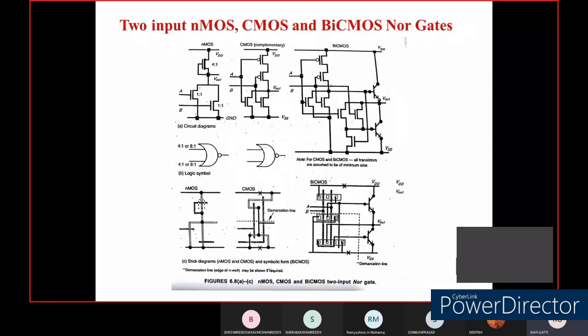Now we are going to see the same thing for the NOR gate. Why? Because NAND and NOR we call universal gates. By using NAND and NOR, we are able to simulate all types of basic gates, or simulate Boolean expressions. Therefore, it is necessary for us to know the symbol, logic, and the associated stick layout diagrams for the